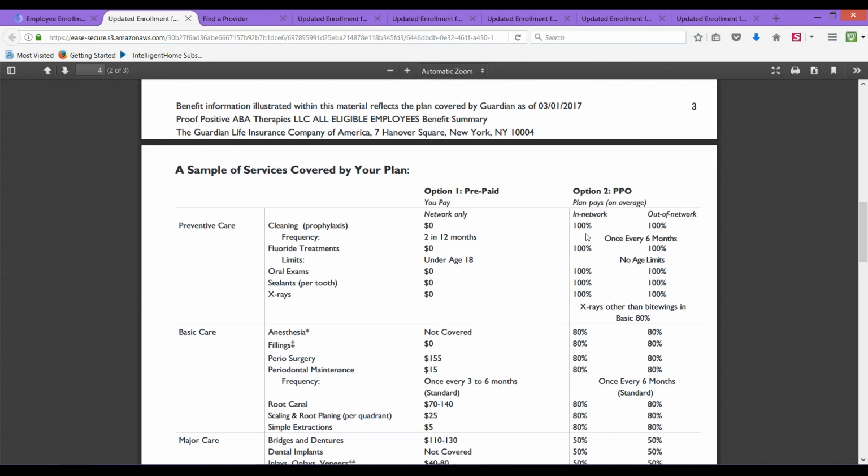Okay, Guardian's pretty well known in the dental industry, so they're going to take Guardian just as they're going to take some of those other big brand names that you're more familiar with. Once again, you search for those dentists on the website, put in the PPO, which is called Dental Guard, and you can go ahead and find a provider or see if your provider's there. If you can't find them, you definitely can call me up, see if you're doing something wrong. You can also call your dental provider and ask them, hey, do you take Guardian insurance, and are you quote unquote in network?